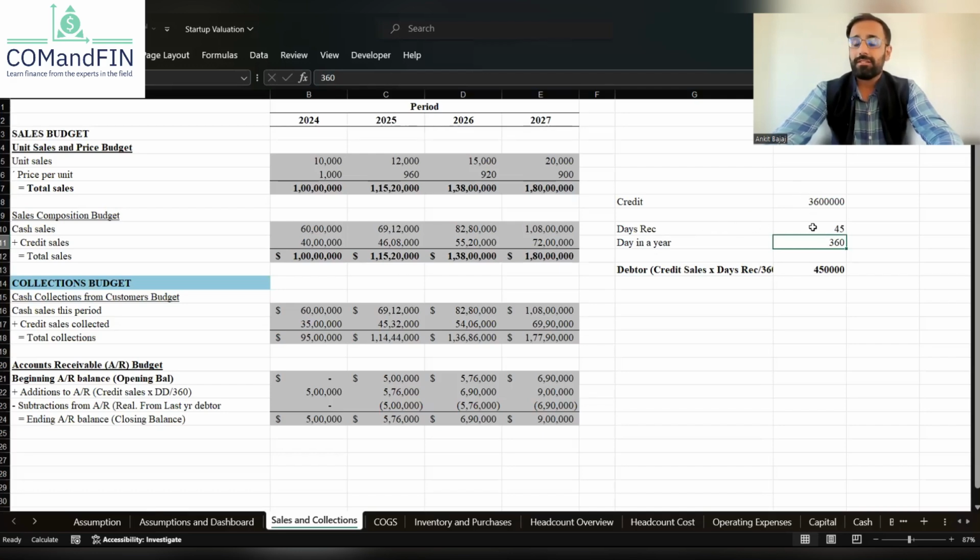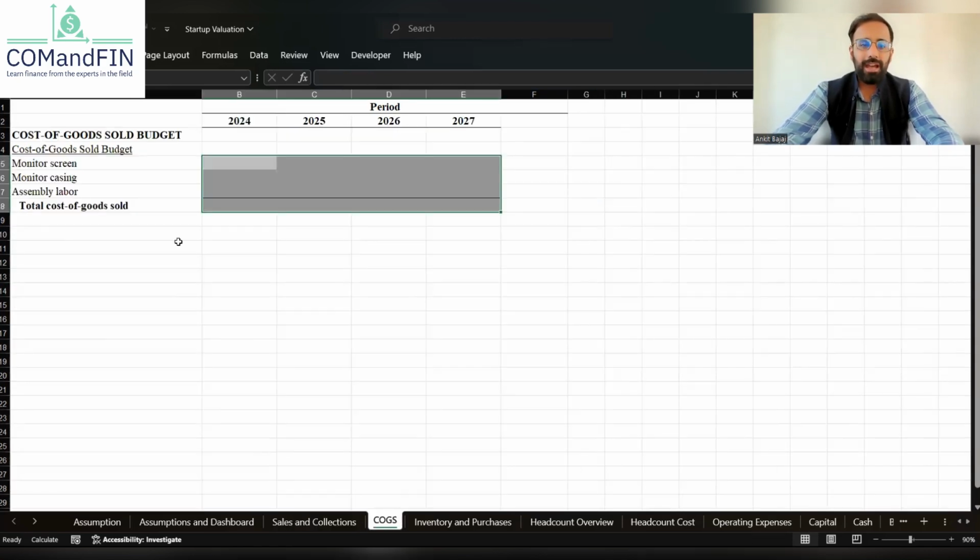And the average debtor outstanding is 4,50,000. On the basis of debtor days, we have calculated a debtor balance, right? And this is how we calculate the debtor balance, creditor balance, or inventory balance, practically. So now, if I want to find out the value of costs, here what I will do, I